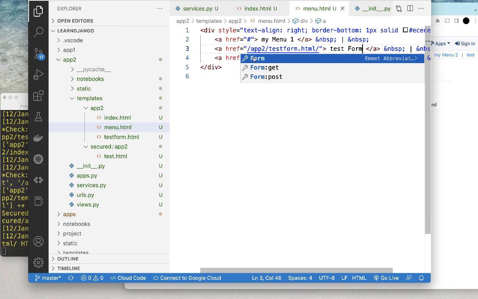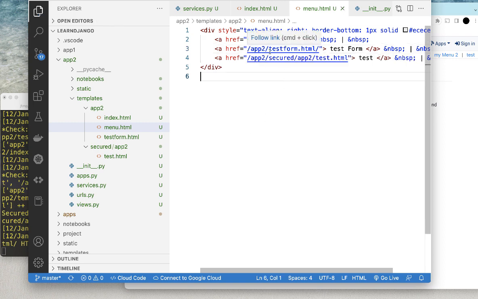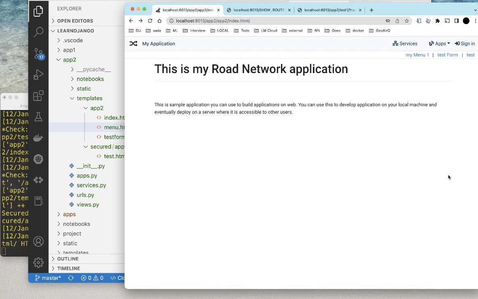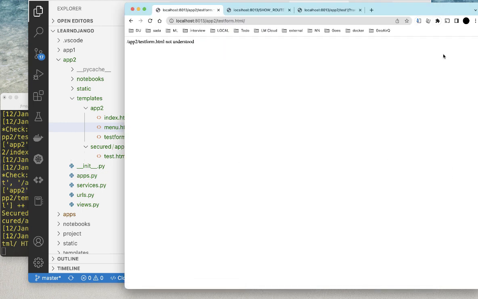If you did that, that's all you need to do. Create an HTML file, and you are extending your applications by creating HTML files, not doing anything more other than building Python functions. So let's take a look if that works. Here is the test form. You click on that. Test form not understood